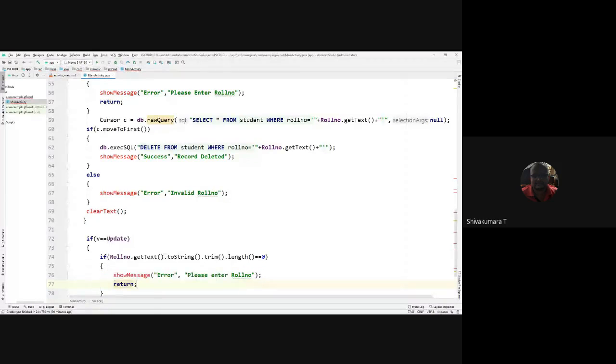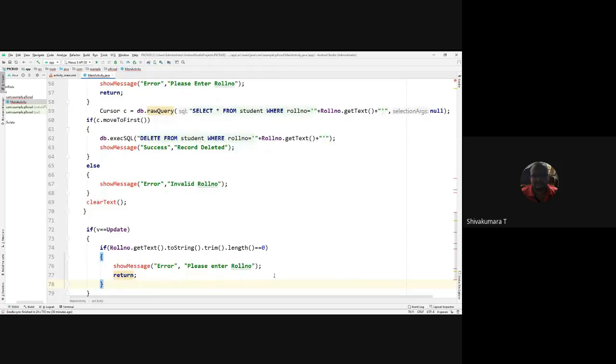Return null, return null if it is the case. Otherwise